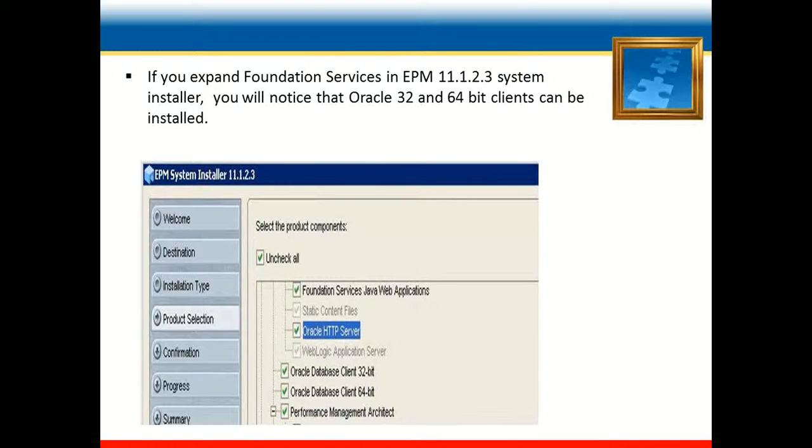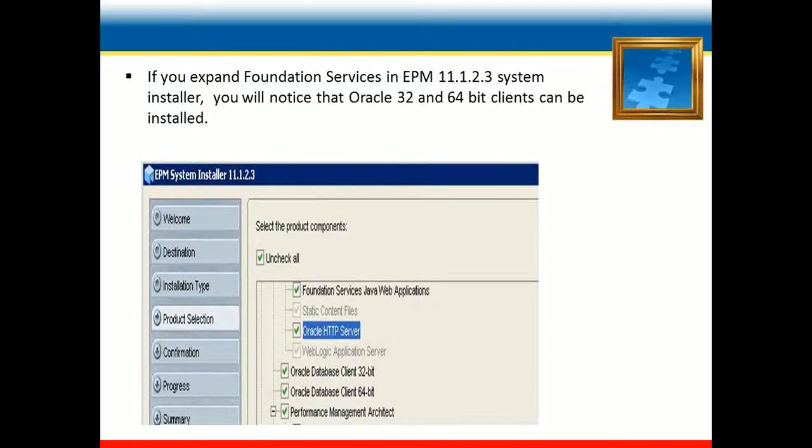if you expand the Foundation Services in the EPM 11.1.2.3 system installer, you will notice that when we install the products, the Oracle 32-bit and Oracle 64-bit clients are also going to be installed at the time of installation.